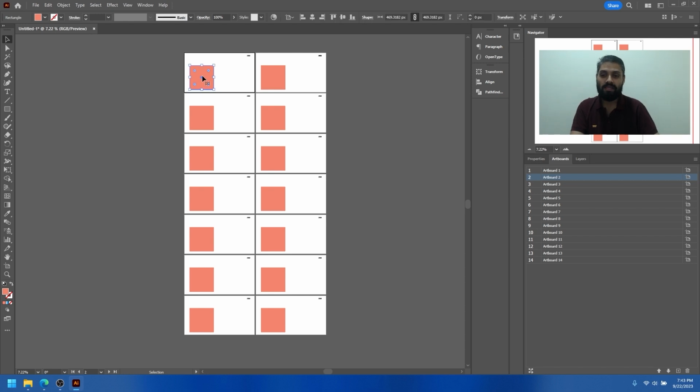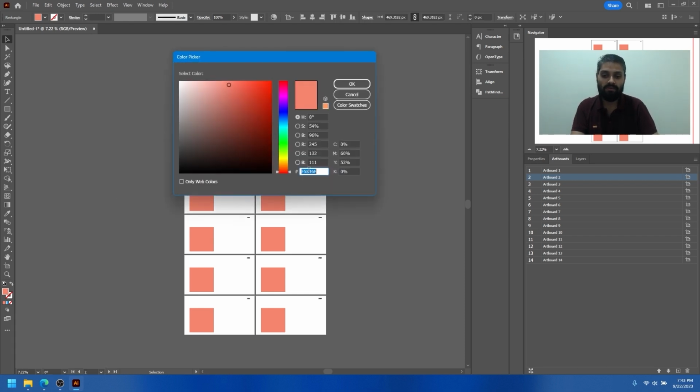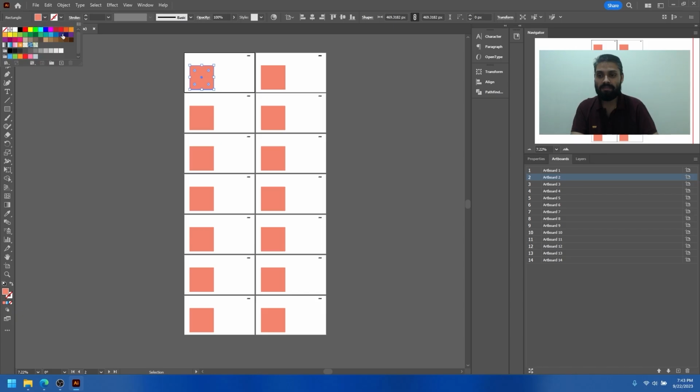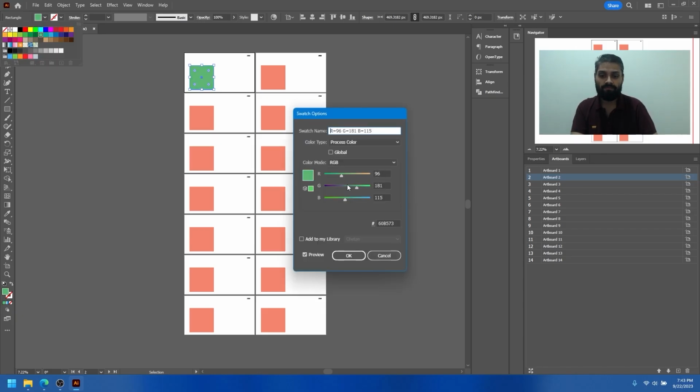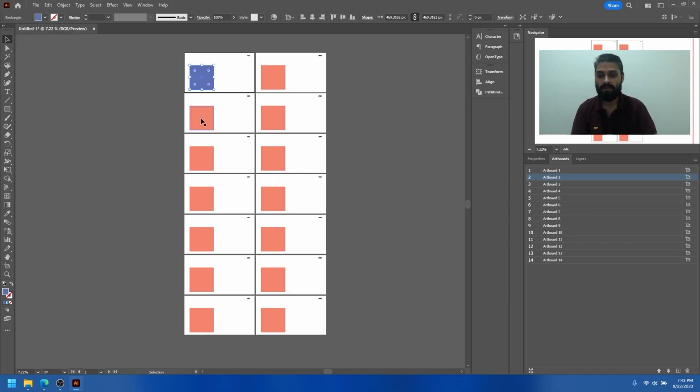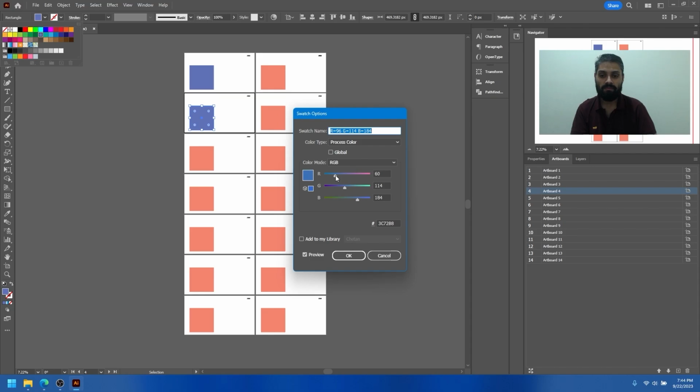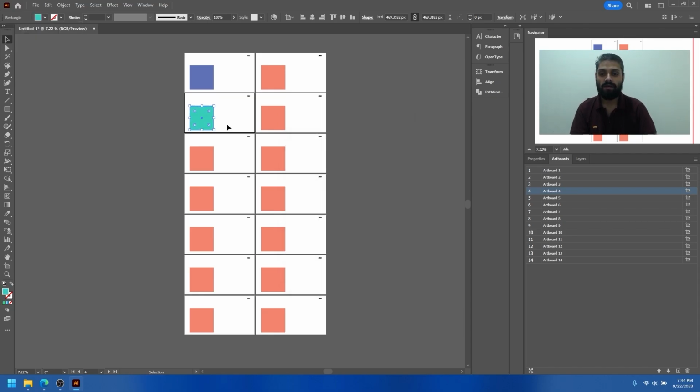Now for that, if I didn't use any global setting, then what I have to do is some manual work. I have to apply it manually. So likewise I can select any color, and I can change it likewise. See, I need to do it manually for each and every shape. It is a time consuming process. Instead of that, if I